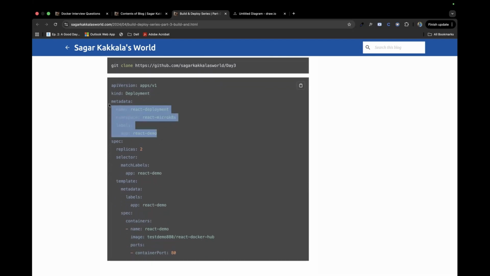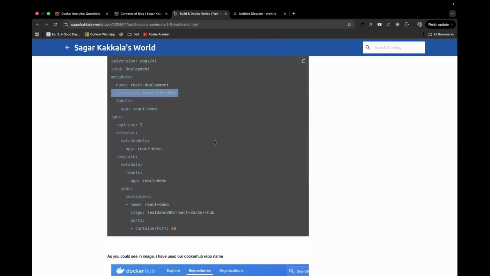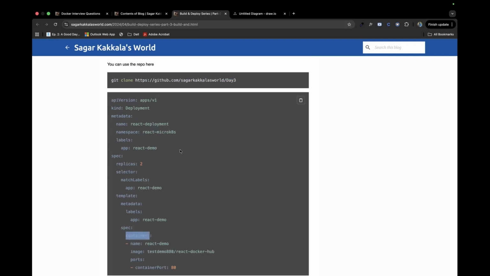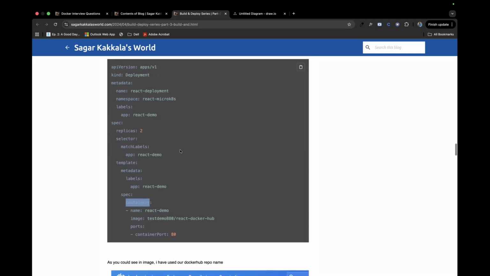And this is the labels section. You'll go for name and namespace. Namespace is nothing but the one I said, like a house you'll create. And once the Docker image is created, if you remember in the Docker session, we deployed the Docker image in a Docker container. Here, we would be deploying the same Docker image inside a container, but these would be run inside something called pods. So we would call the deployment in Kubernetes as pods.